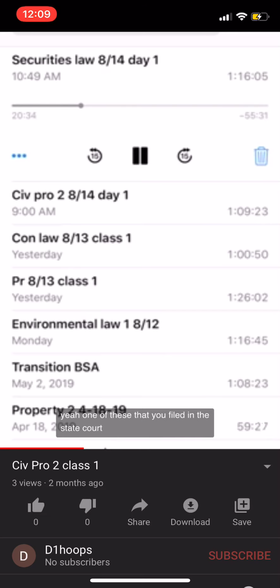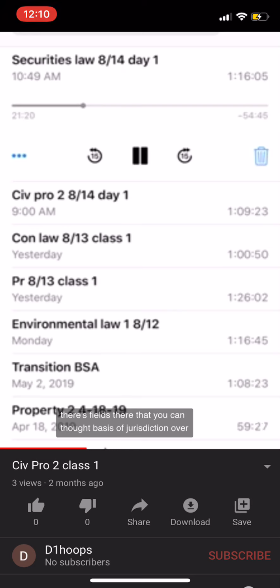You got one of these that you file in the state court? No, not really. You just file your complaints, your summonses, which we'll talk about too. And that's it. But to initiate a civil case in the federal court, you got this simple one-pager that you can easily Google and get from the court's website. The civil cover sheet. Okay? And technology is such, in the federal system, not the state system yet, that you can actually fill out these forms online. Right? I think. There's fields there that you can fill out.